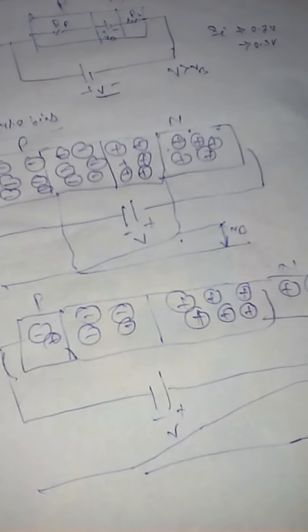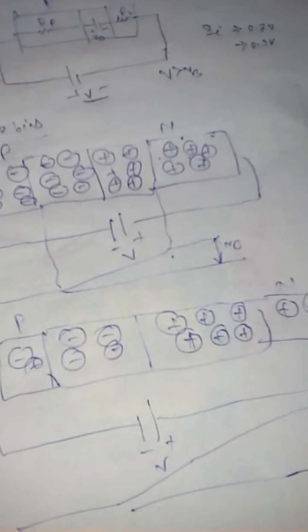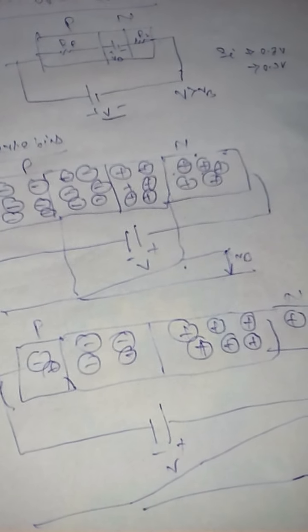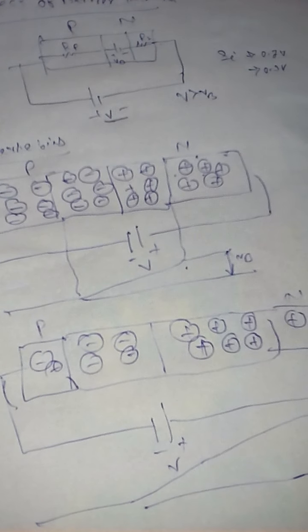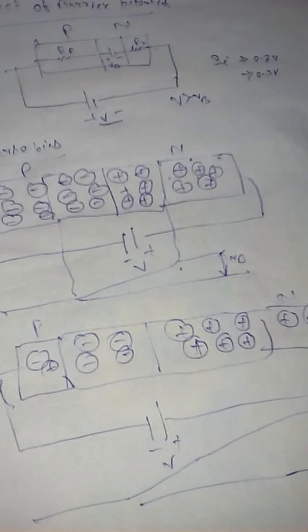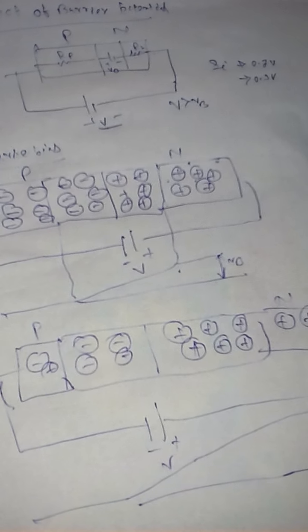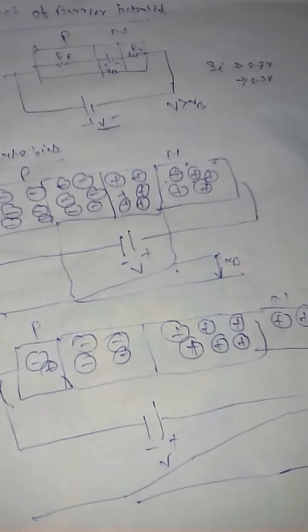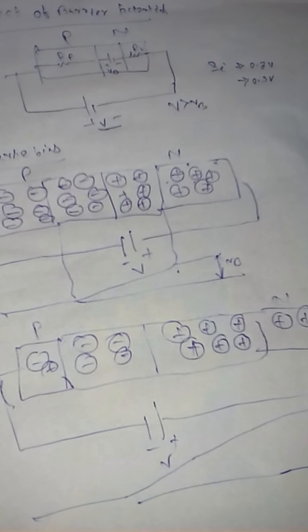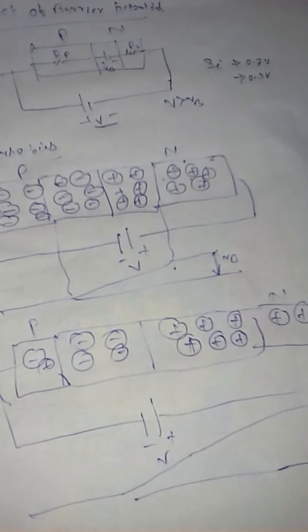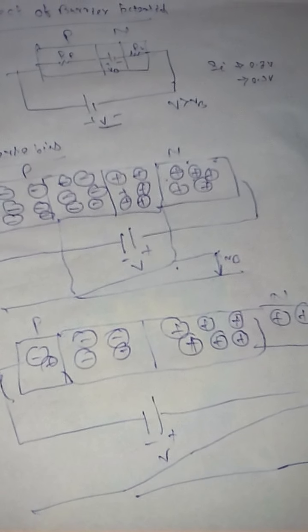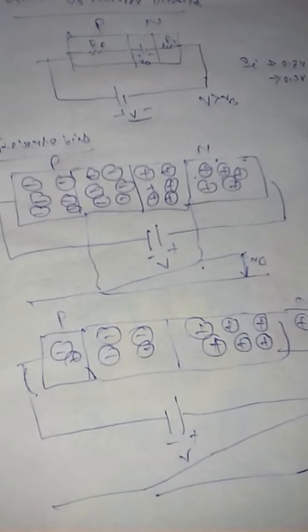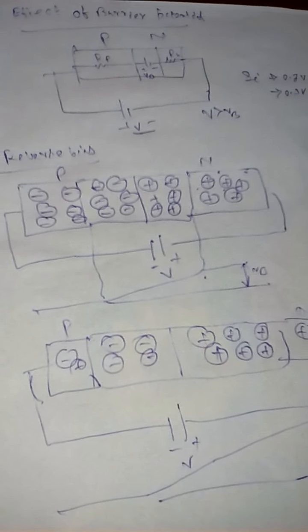If we see that in the PN junction, the positive terminal of the voltage source is connected to the N side and the negative terminal to the P side, so this is reverse bias. When the PN junction is reverse biased, the holes of the P side are attracted towards the negative terminal of the voltage source, and electrons are attracted to the positive terminal, and majority current drops at the junction. The width of the depletion region increases, and so does the barrier potential. The increase of the barrier potential makes it difficult for majority carriers to diffuse across the junction.